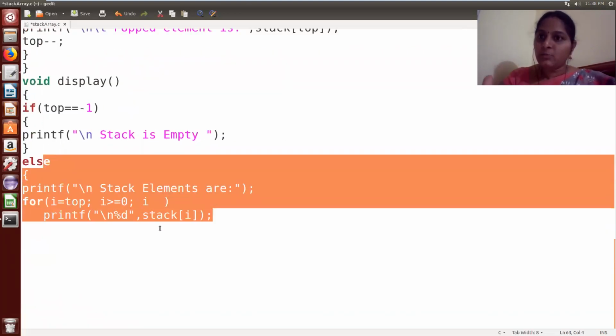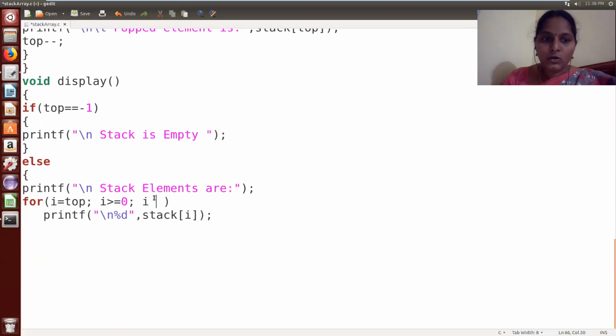After printing the topmost element, we need to move to the next position for printing the next element. Right? So here we need to go down the stack. So decrement the i value by 1, so that after printing the topmost value, it comes to the next element. After coming to the next position, again it will verify whether that i value, wherever i is pointing, is greater than 0 or not.